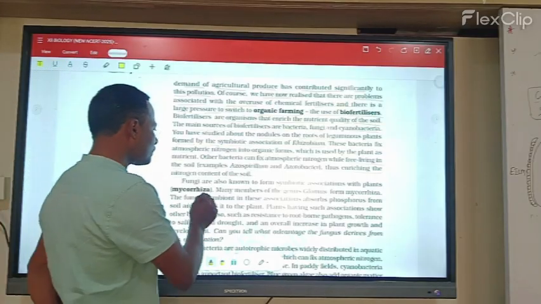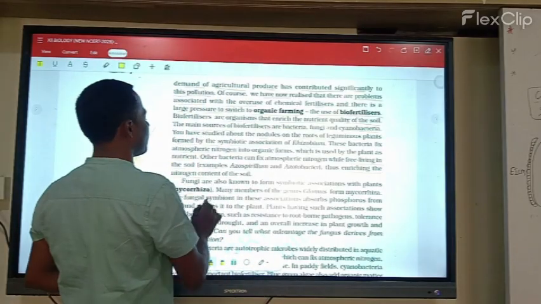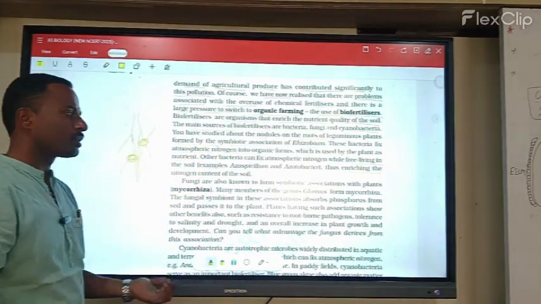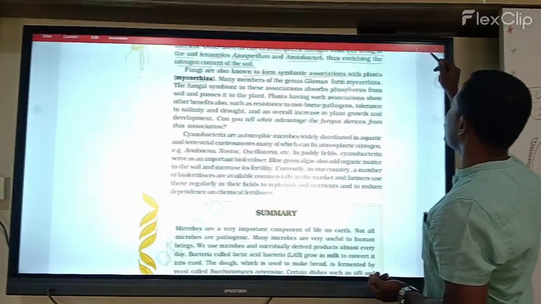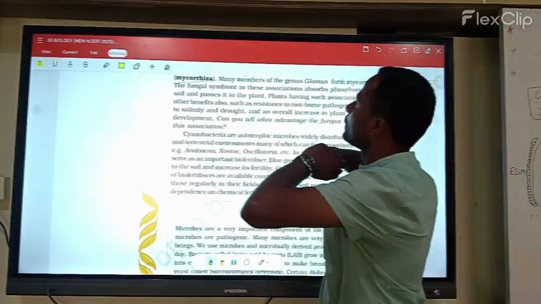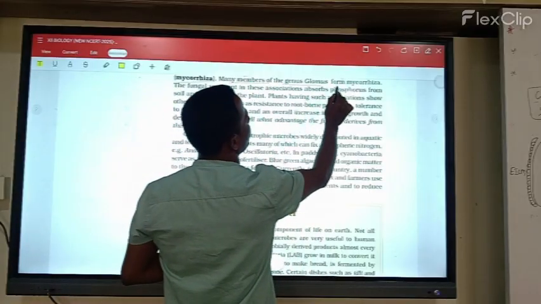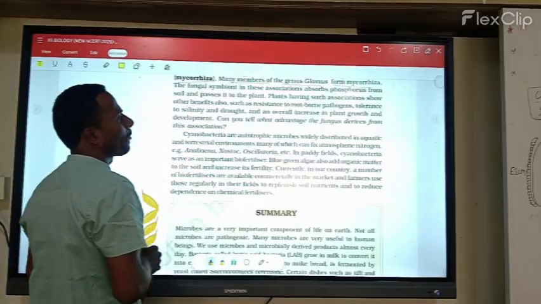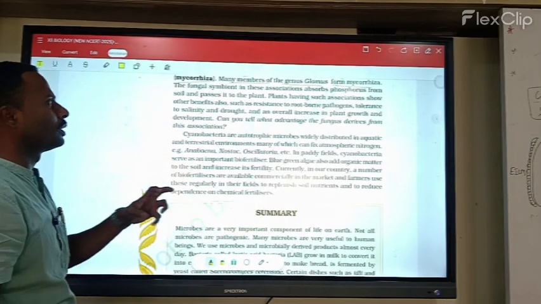Next, fungi can also be used in symbiotic association with plants, like mycorrhiza. Here fungi also participate in fixing atmospheric nitrogen. They fix atmospheric nitrogen. Many members of the genus Glomus form mycorrhiza. Some members of the genus Glomus form mycorrhiza. It is also a fungal